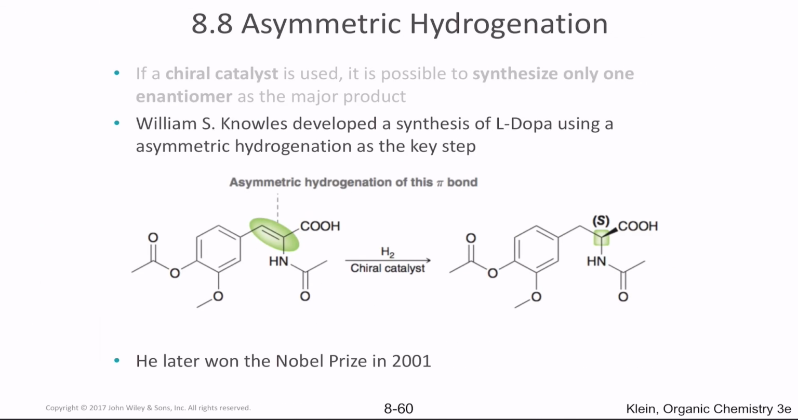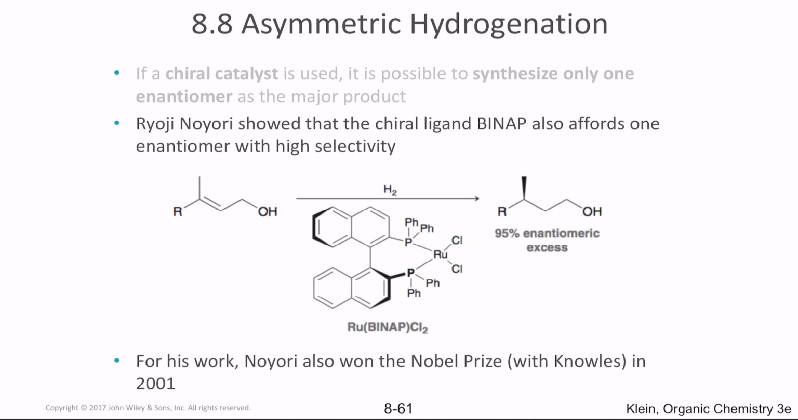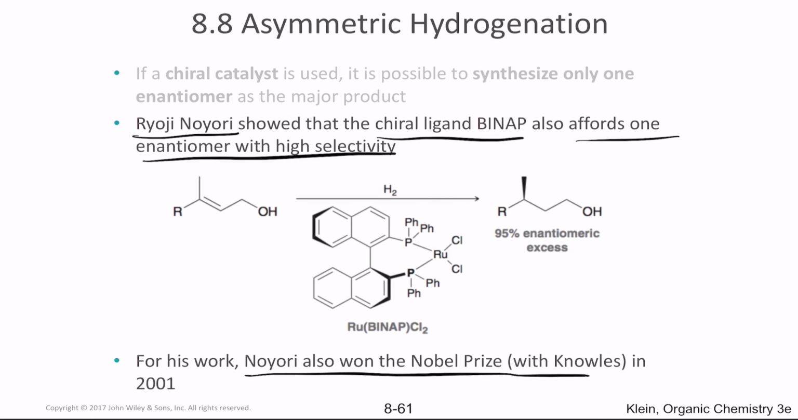And you have the next one, which is asymmetric hydrogenation, an asymmetric reaction where you add hydrogens on different carbons with a different structure formation. So the first reaction that was developed was by William S. Knowles. He developed a synthesis of L-dopa using asymmetric hydrogenation as the key step. So this was the reaction that earned him the Nobel Prize in 2001. And you also have Ryoji Noyori, who showed that the chiral ligand BINAP also offers one enantiomer with high selectivity. So he also won the Nobel Prize with Knowles in 2001 for the